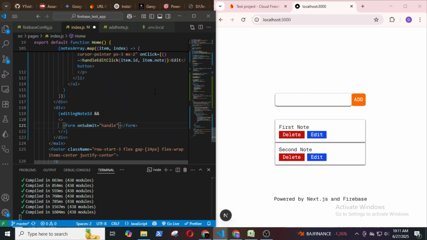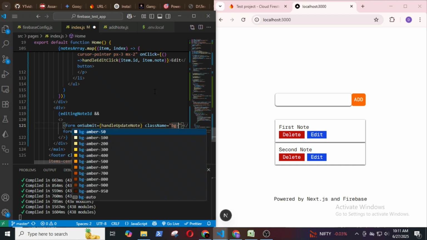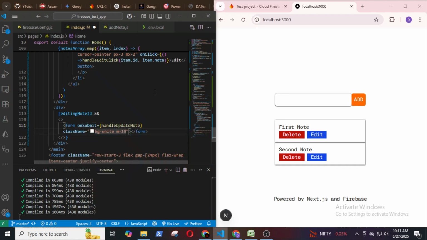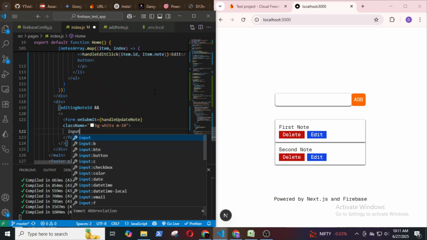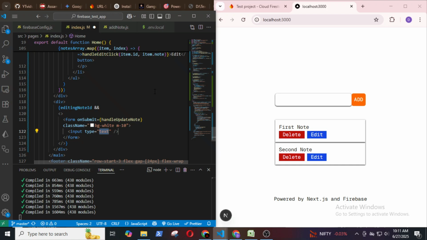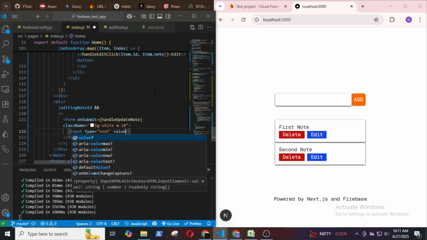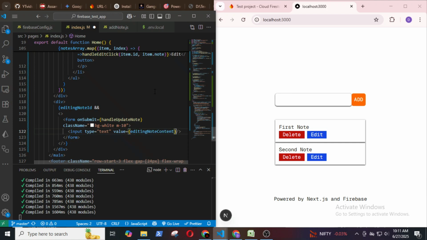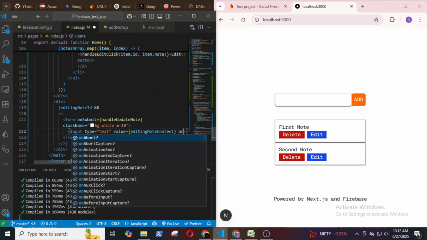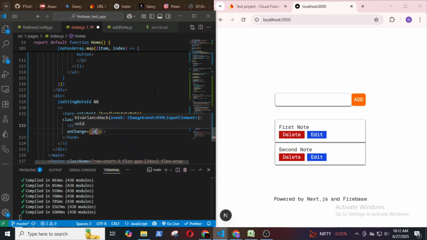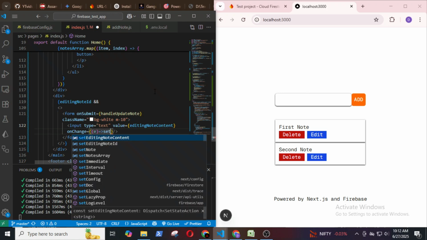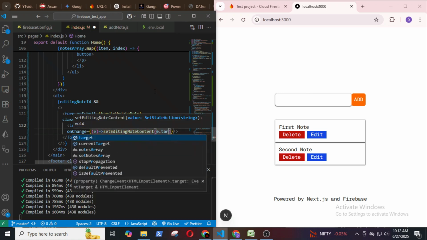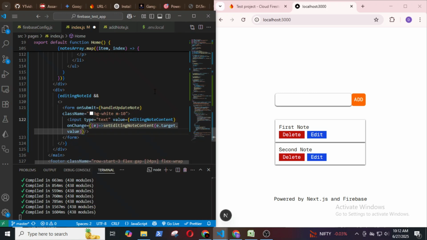It will call the handleUpdateNode function. Give it a background of white, margin of 10. Then place the input field inside of it with type text, value editingNodeContent, onChange e, setEditingNodeContent e.target.value,